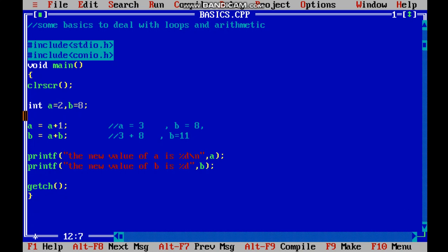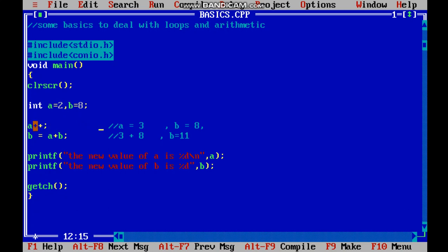And also if you want to increment it by 1, you can use this way also, a plus plus. You do not need to initialize. You could have initialized, see, a equal to 2, b equal to 8, right? But now what I did, I wrote directly a plus plus.